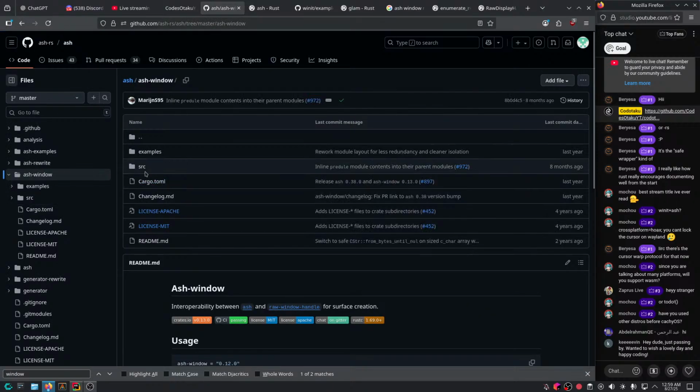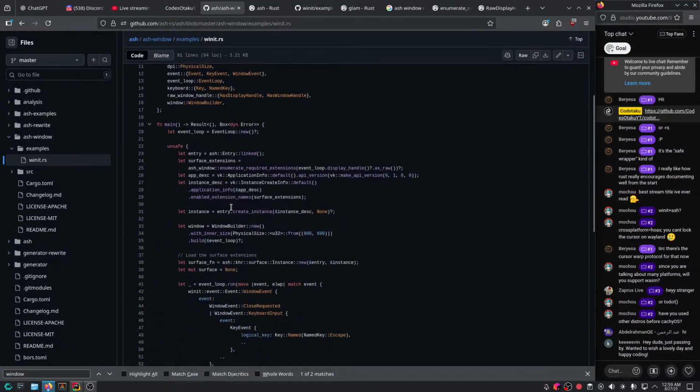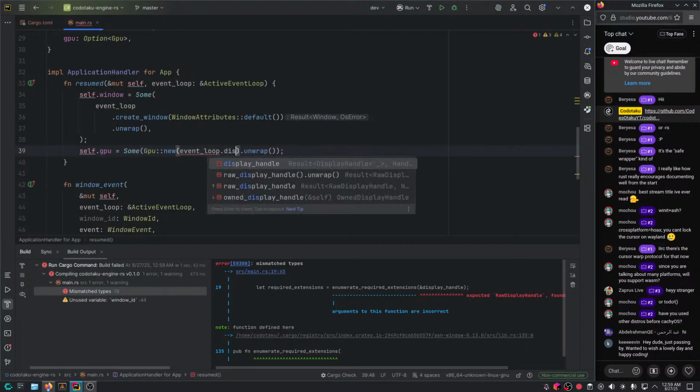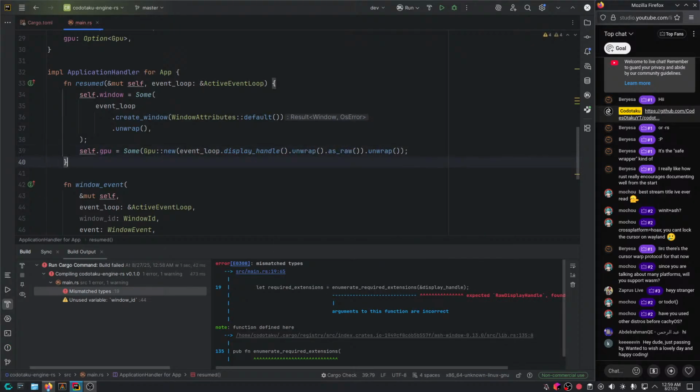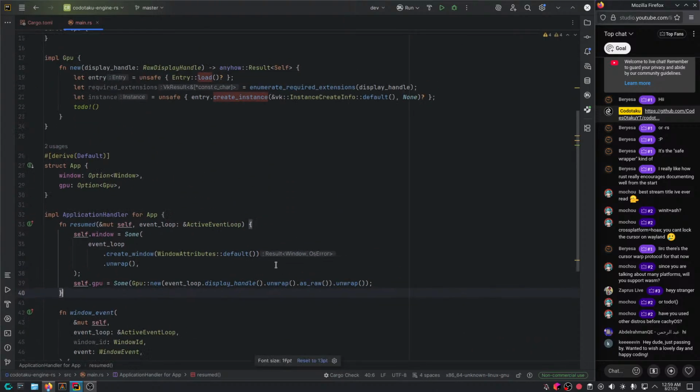Maybe ash-window, examples, winit, let's go. And let's see what we got here. Okay, so you just say the display handle as raw. Alright, fine. The display handle as raw. Is that it? Yep. That's pretty much it.